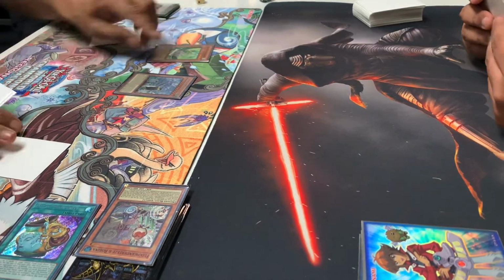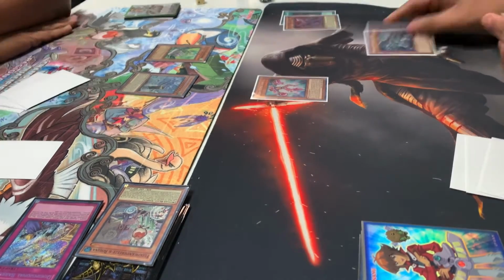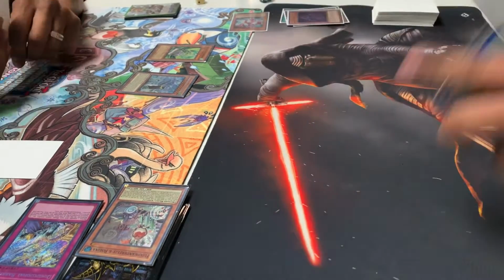I don't know what to side in. I sided in Droll and Lockbird. That's all I had. And then he also summons out the Barrier Statue, and he has the Dimension Barrier. And I'm like, oh shoot, I'm locked from fusion summoning. So here I am. I'm going off a little bit because I can't do any fusions, but I can go